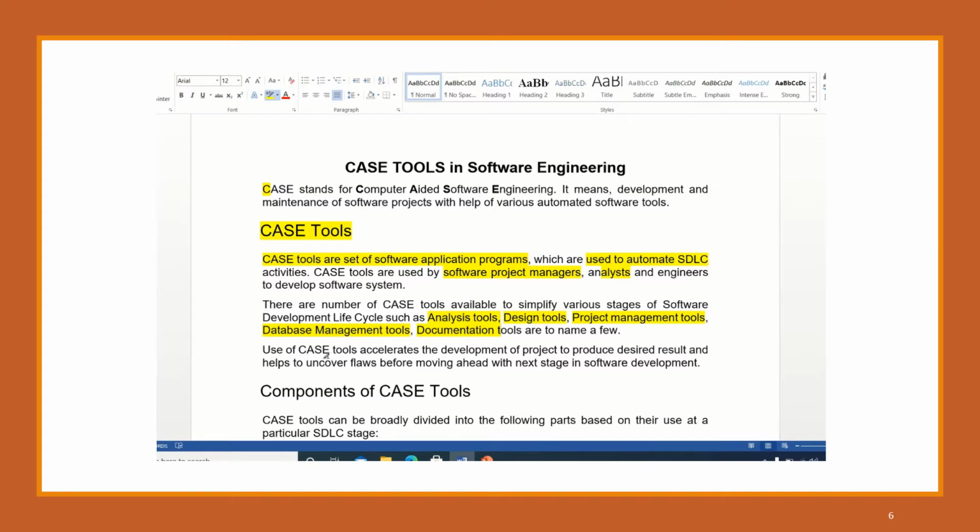And we can see that these tools basically accelerate the development process. Like it will speed up your process to produce the desired results and helps to uncover the flaws before moving ahead with the next stage in the software development.